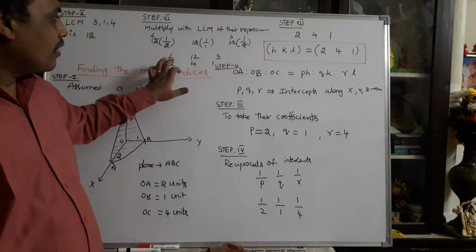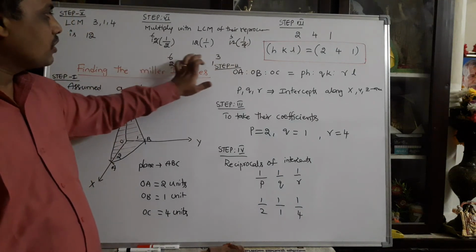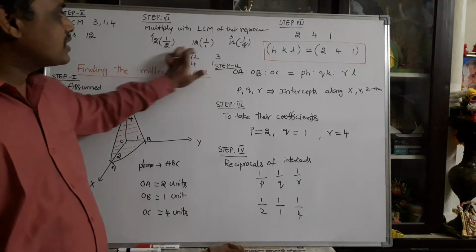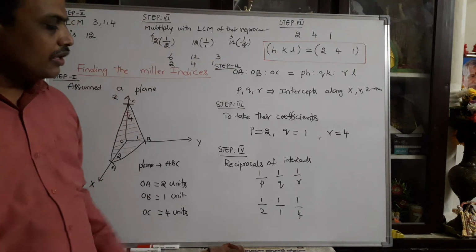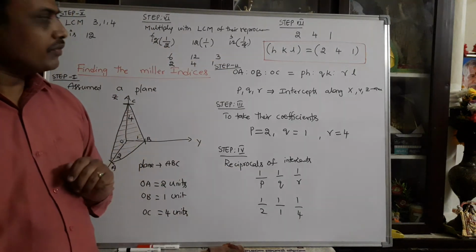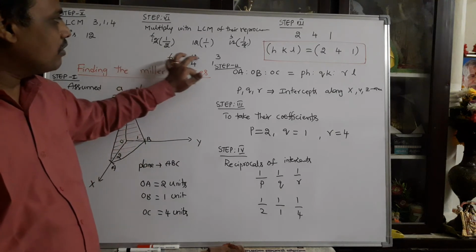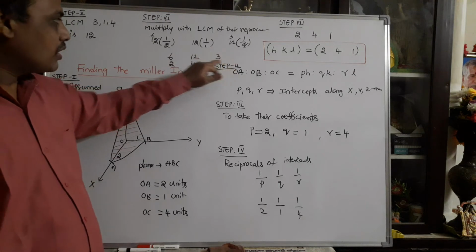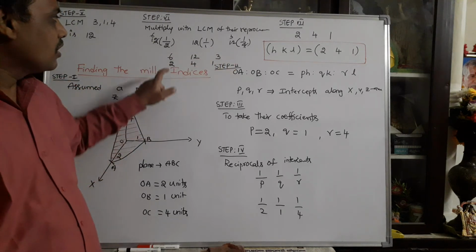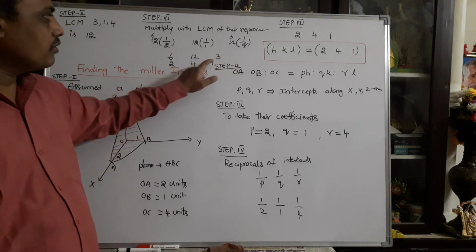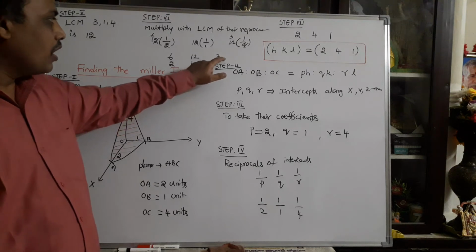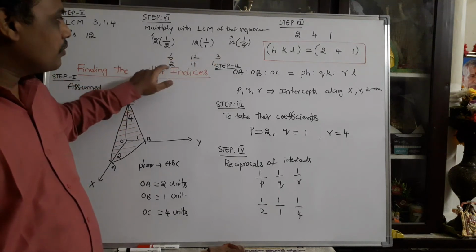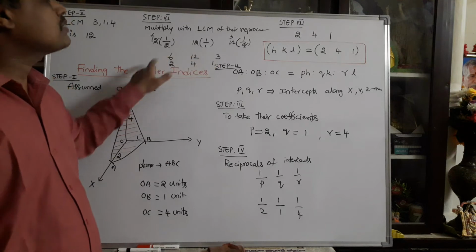You get the values 6, 12, 3. These are the smallest numbers for the given fractions. According to the given fractions, 6, 12, 3. Can the entire three numbers be cancelled by three? Yes: 3 2s are 6, 3 4s are 12, 3 1s are 3. So again you can cancel the three, and you get 2, 4, 1. These are the smallest numbers.